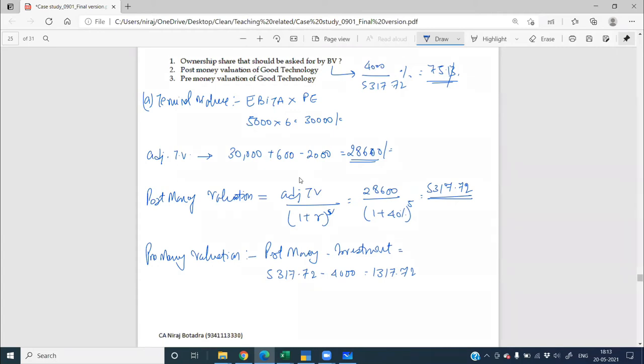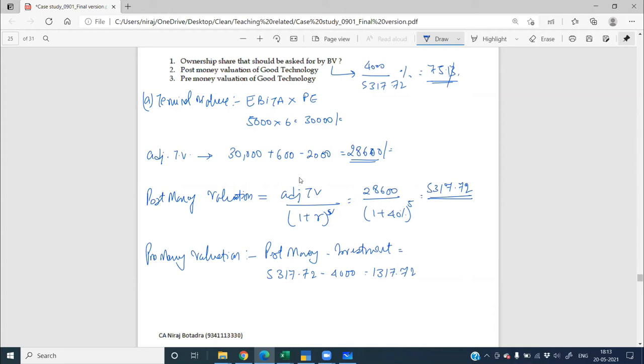So what do you see? You saw what is the projection of this company. It is potentially the value of the company can go to 28,600. Right. You brought it down to your expectation. Your expectation was the company should earn 40%. You brought it down to today's value. If your expectation is this, you thought that company is going to earn 28,600. So आज के दिन, today what should be the value of the company as per you? You calculated it should be 5317. In that 40% से वहाँ पहुँच जाएंगे. हाँ sir. Okay.